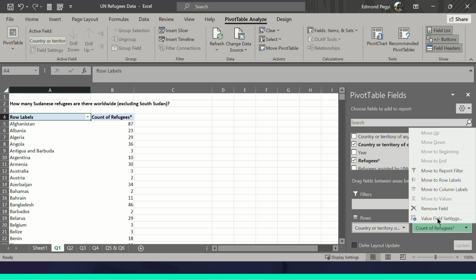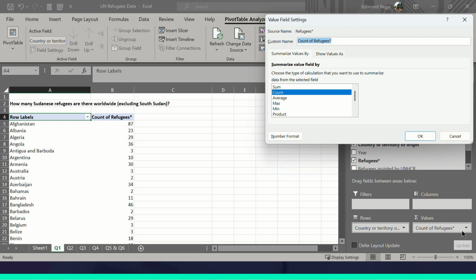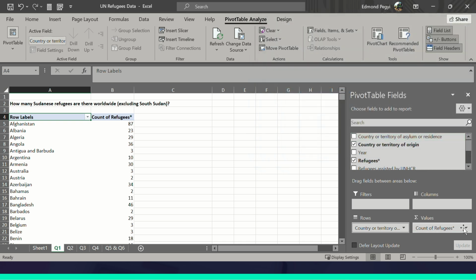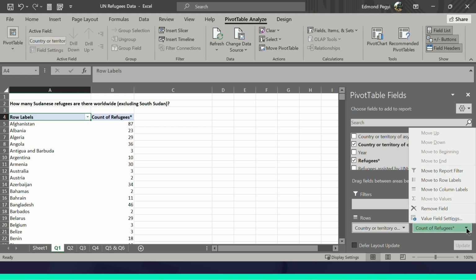Then you come to value settings. So when you come to value settings, I will do it again. You see, it is saying count of refugees. I don't want count of refugees. I want the total refugees, which is sum of refugees. So click on this arrow. It will open this pop-up. Then you select value